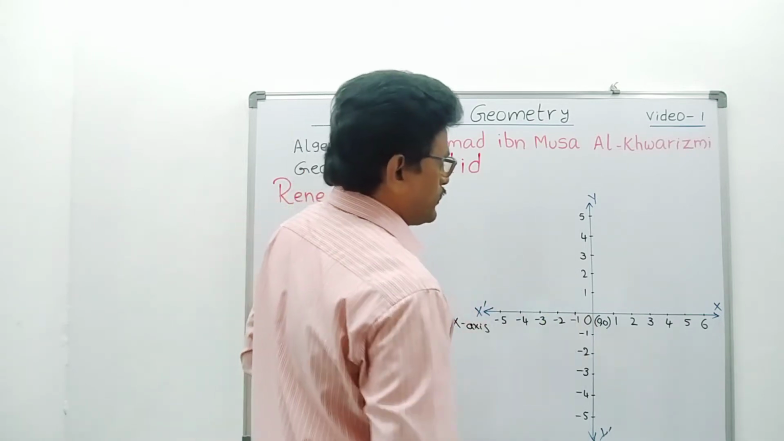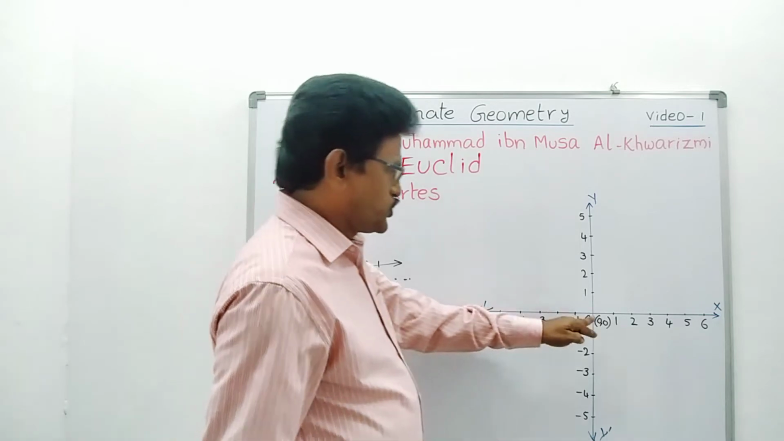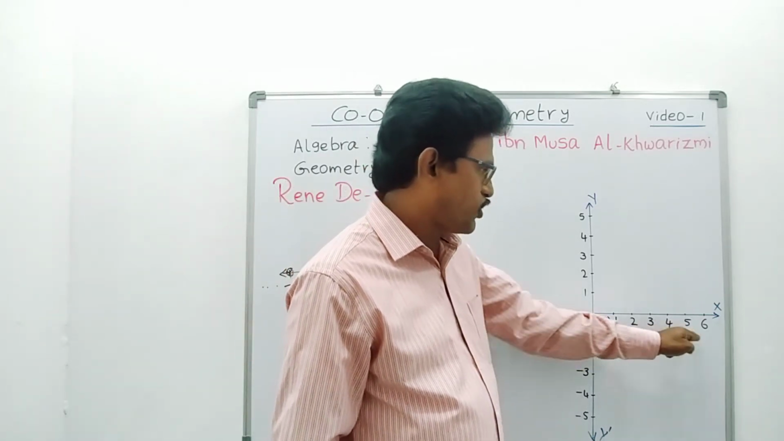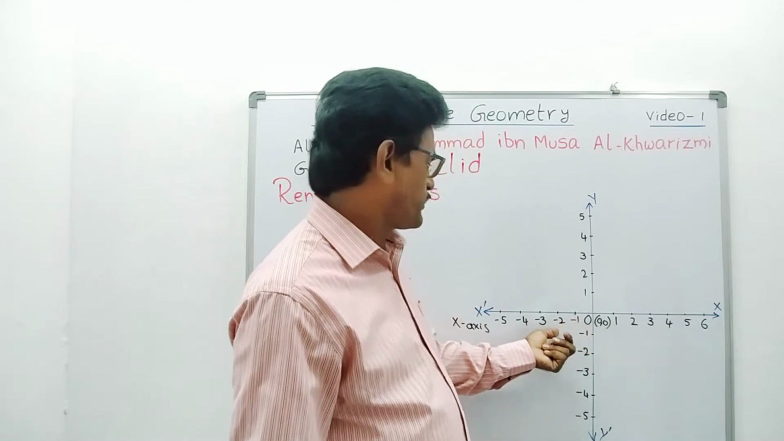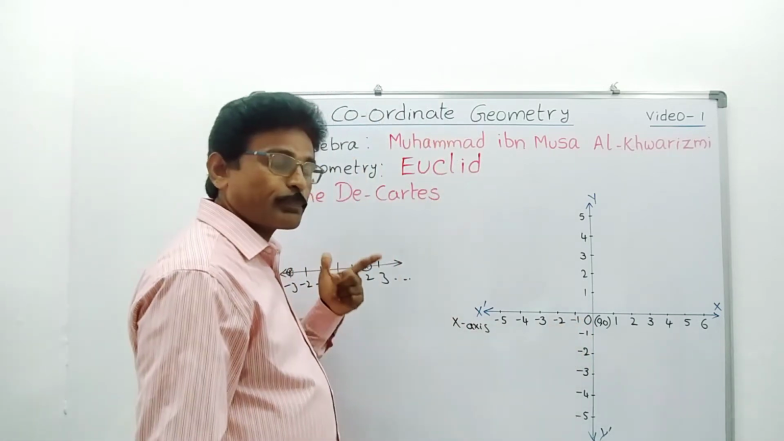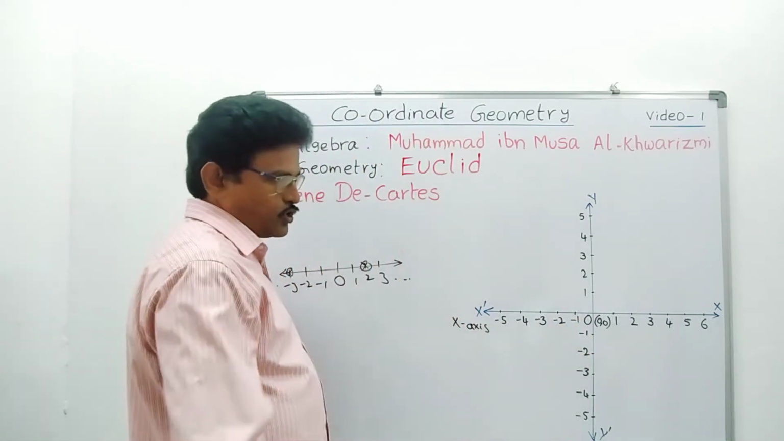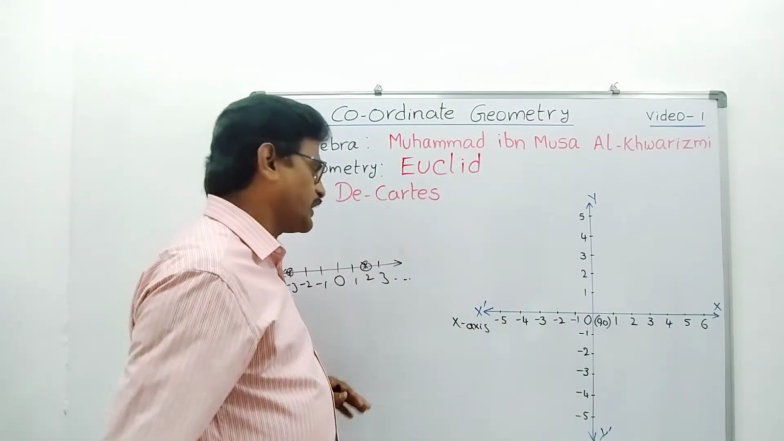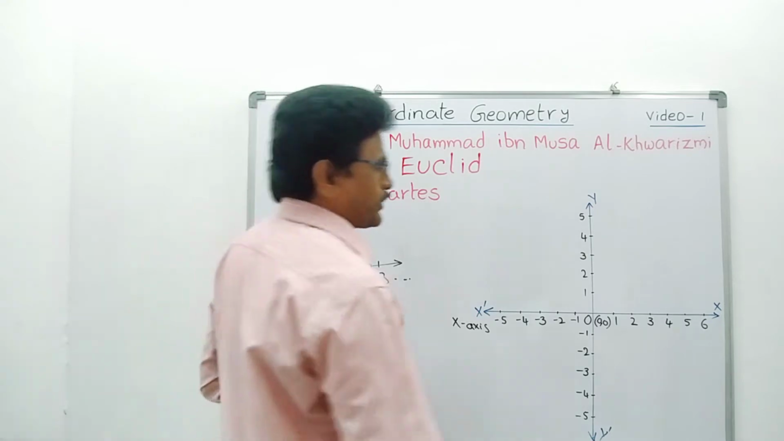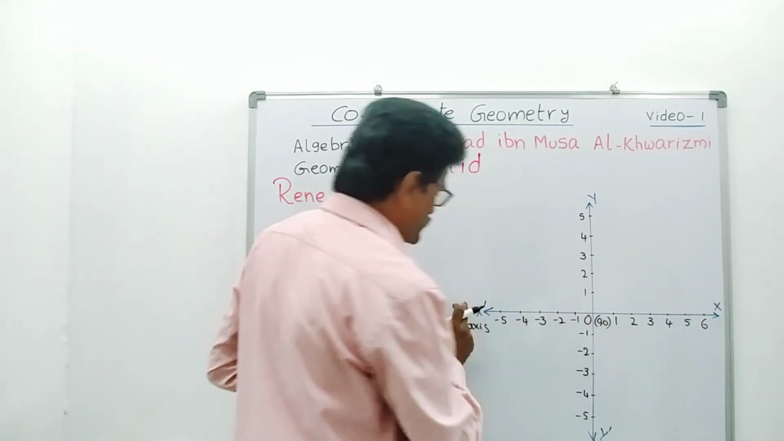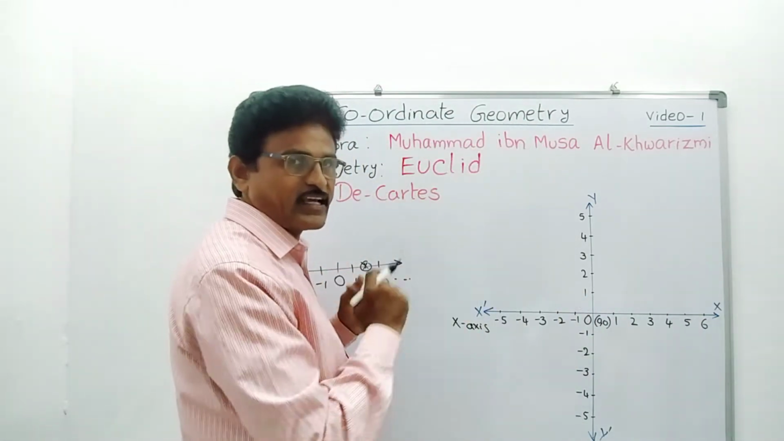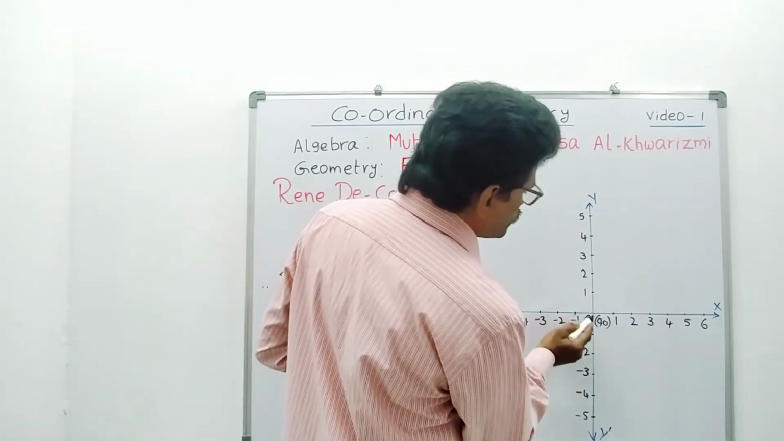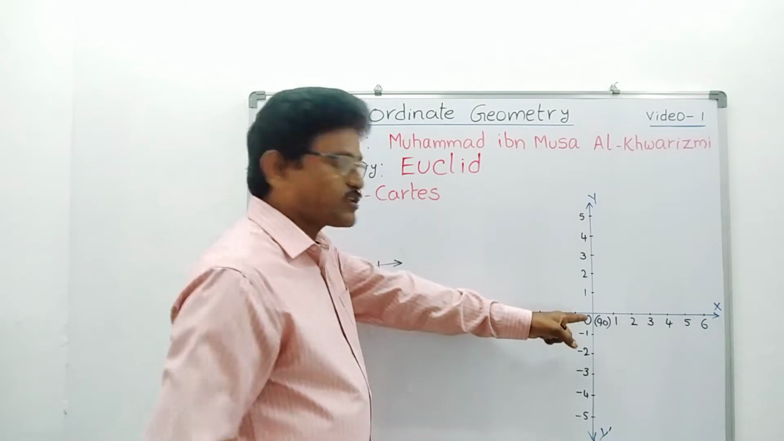What I am writing here? 0, the middle point 0. On the right side 1, 2, 3, 4, 5, 6, and on the left side -1, -2, -3, like that. In your graph sheet, you can draw a horizontal line anywhere in the middle. That is the x-axis. On the right side write x and on the left side x dash. Next, exactly passing through O, that is the origin,